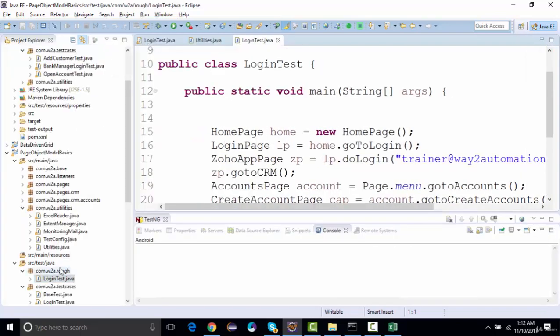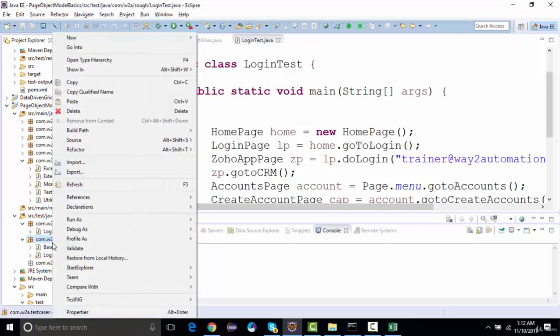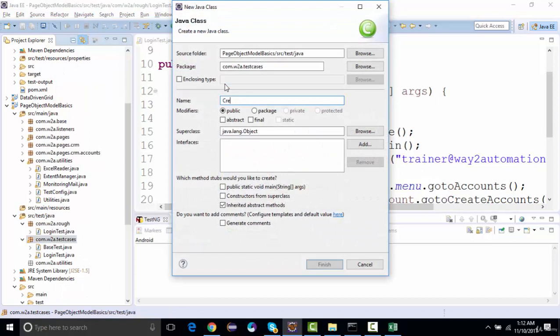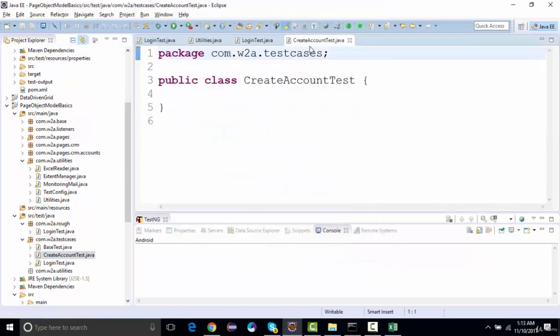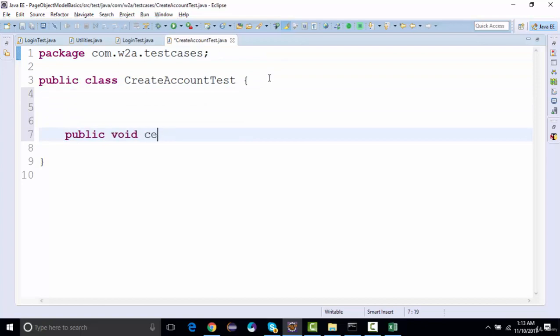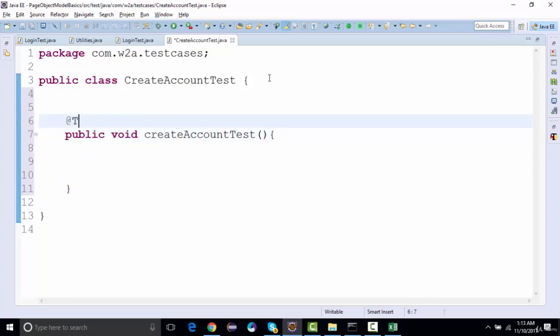So I can create another test case and say create account test. Right. So method public void create account test should be after it test,